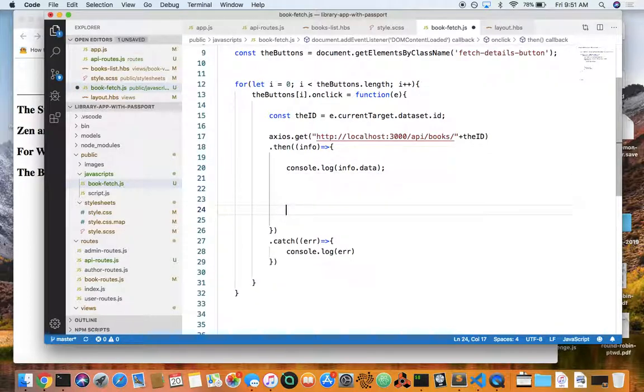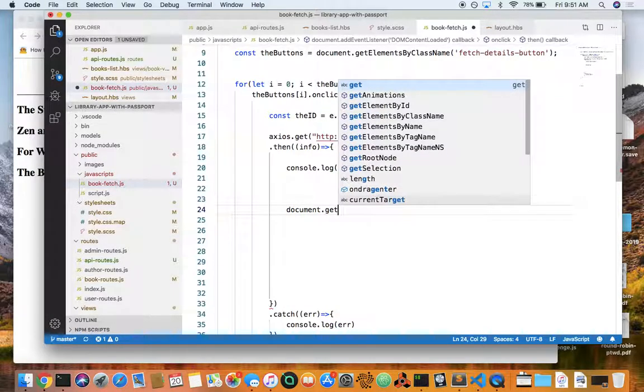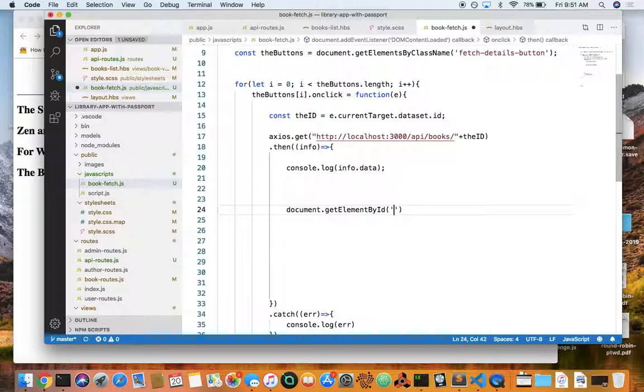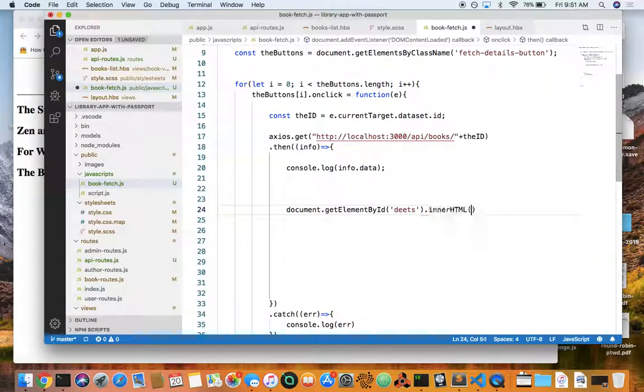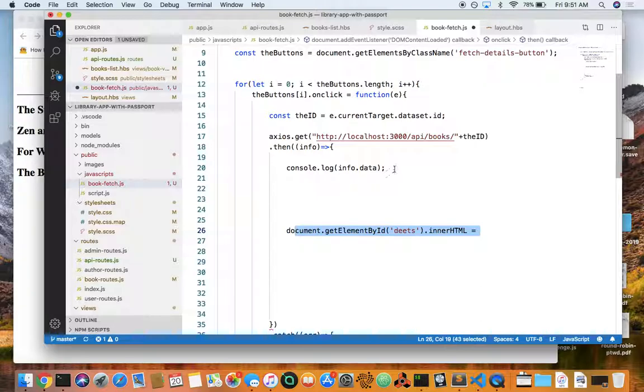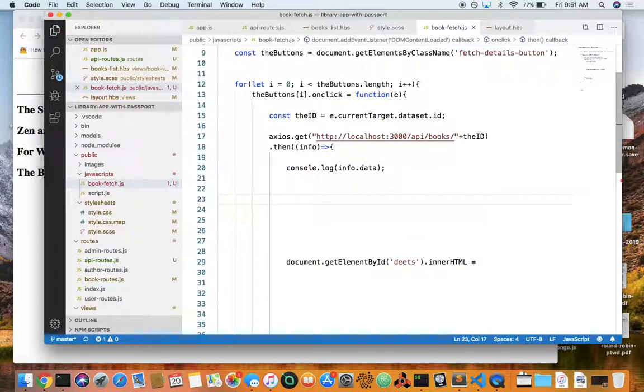In here, we console log the stuff, give ourselves some room to think, or at least maybe that's just me. But I'm going to do document.getElementById, parentheses, that, dot HTML, dot innerHTML. I forget jQuery versus JavaScript. We're going to equal it to something, but first let's craft a little div. So let's do let newStuff equal,